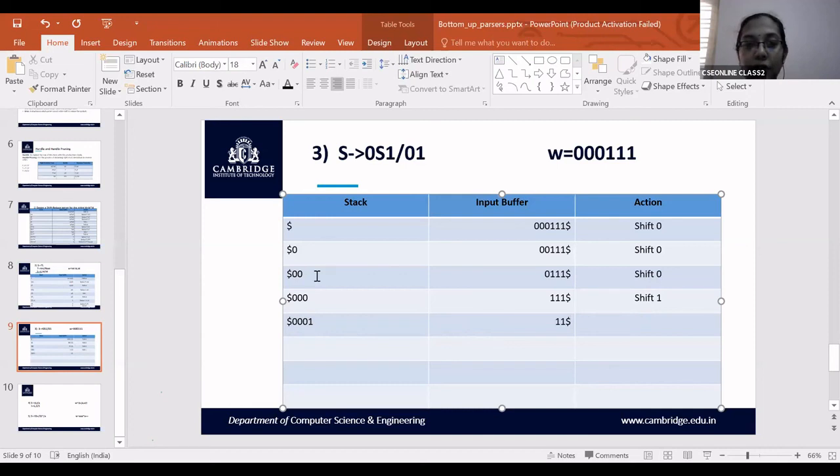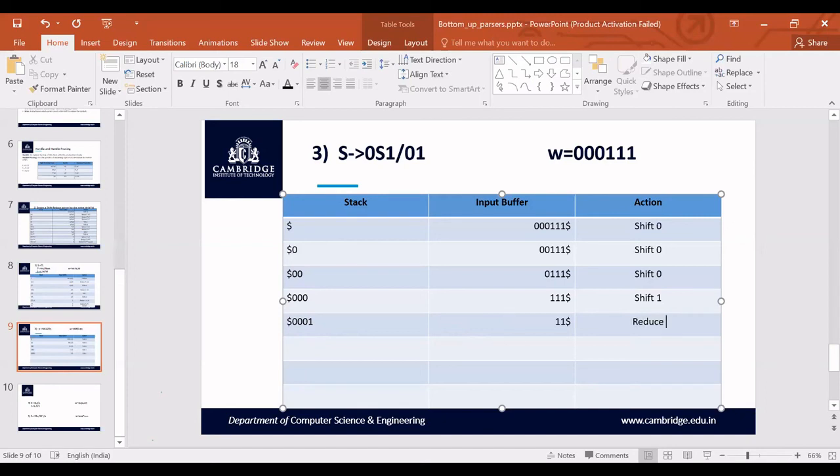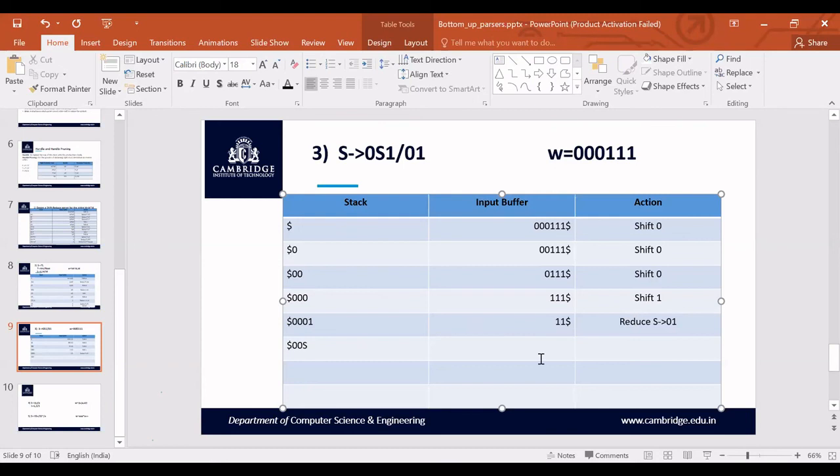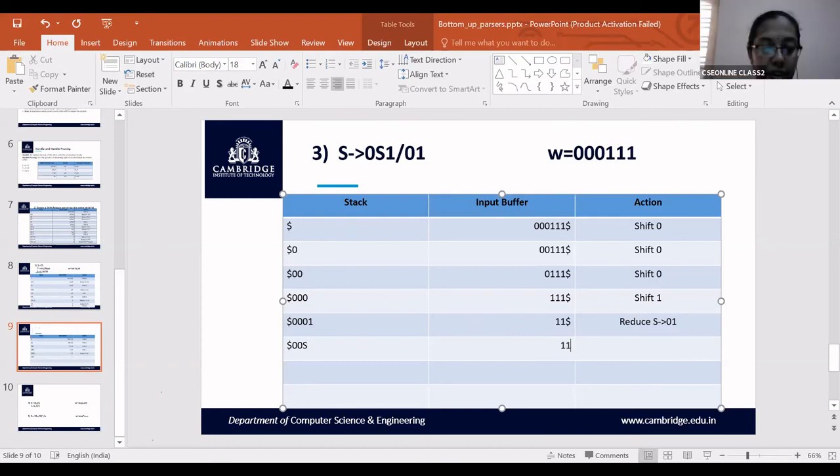So this 0 and 1 can be reduced to S. So you reduce S to 0, 1. The first two zeros remain as they are. You are only reducing 0 and 1 to S. And the input buffer still has 1 and 1 as it is.